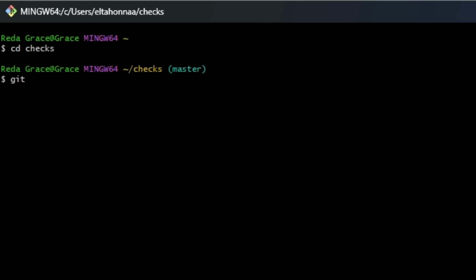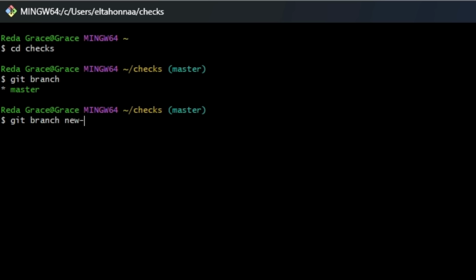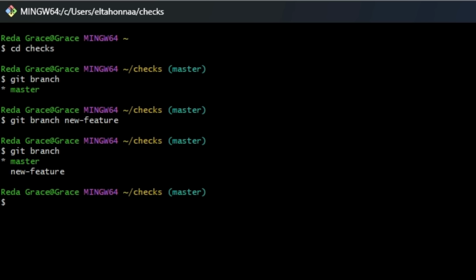Creating a branch is a snap. We do it by calling git branch with the name of the new branch. Let's create a new feature branch and then list the branches again with git branch. Our new branch was created based on the value of HEAD. Remember that this might not necessarily be the master branch. The list we get shows that we're still on the master branch. We can tell because the current branch is indicated in the command's output with an asterisk in a different color.